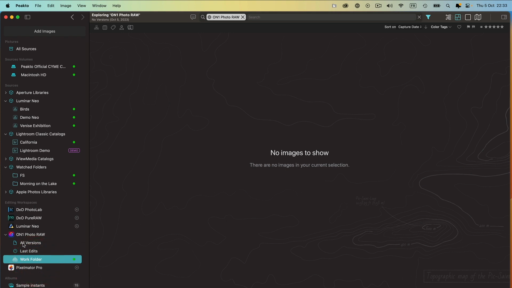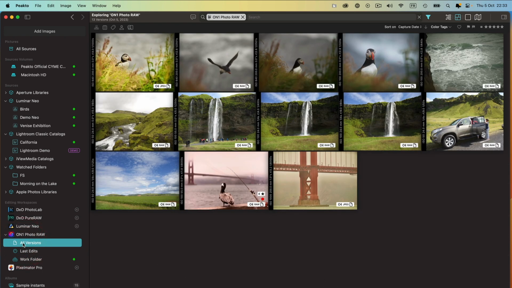The all versions section is not empty because Peakto already has some sources, and among them there are some watched folders, and in those watched folders I already had some ON1 Photo RAW versions. So in order to understand that